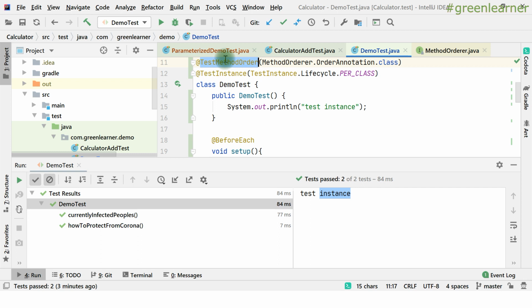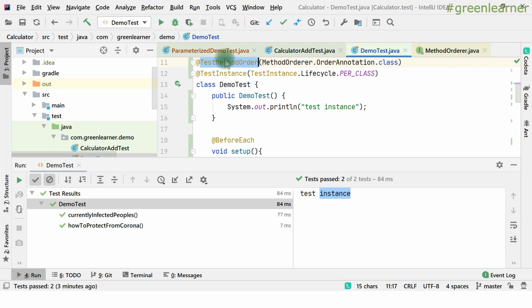And test method order sometimes plays a very important role, right? Even though the best practice is that your unit test cases should not depend on each other, there are scenarios where they do, so you can make use of test method order in that case, right? In an actual scenario, there may be a unit test case which is inserting some data into a database, and you have another unit test case which is making use of the data that the first unit test case is inserting.